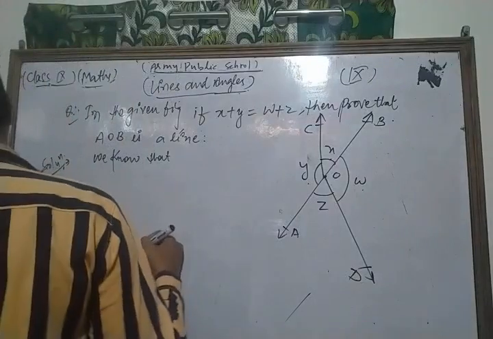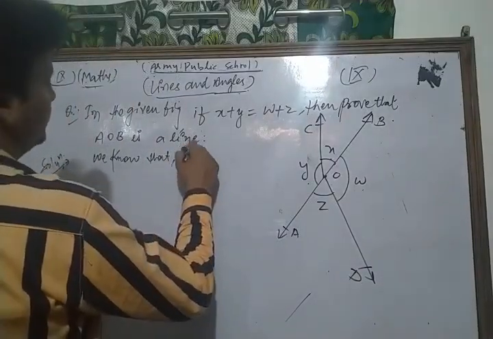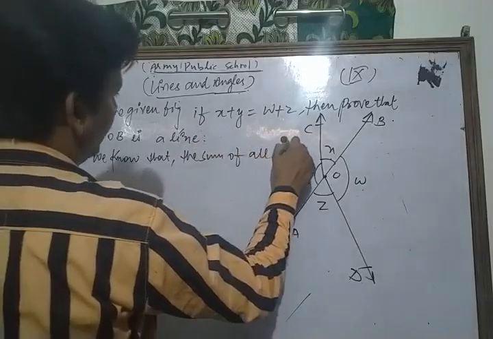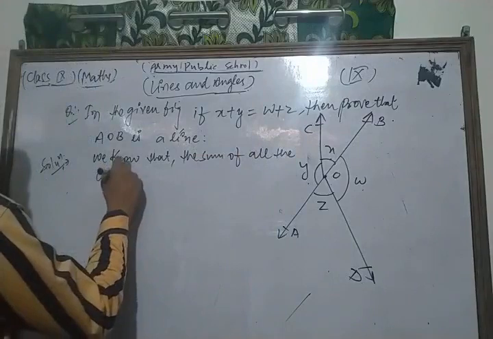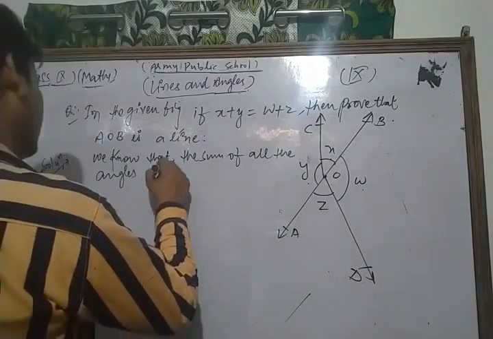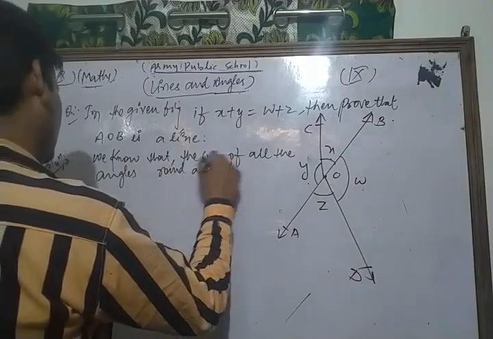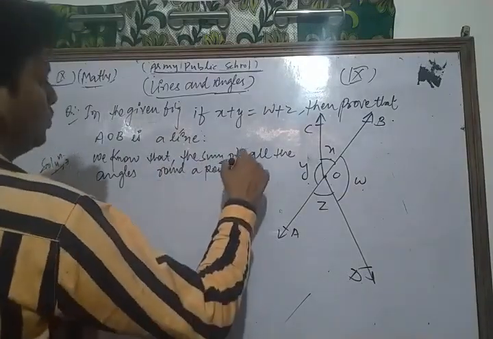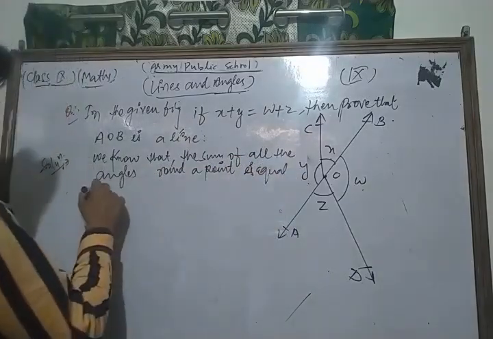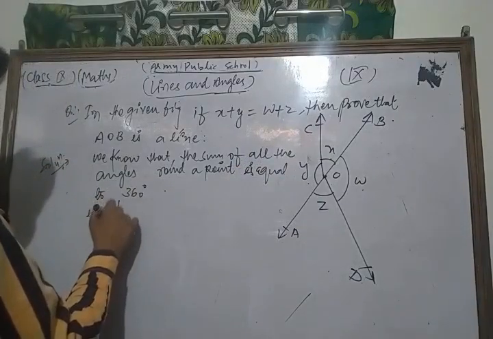We know that the sum of all the angles around a point is equal to 360. That is, from the figure